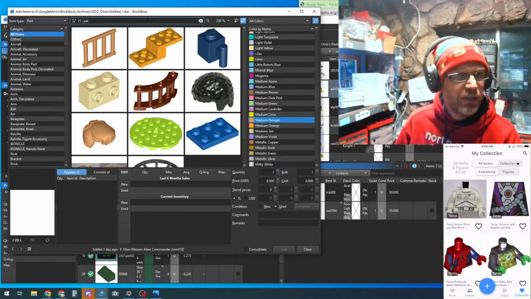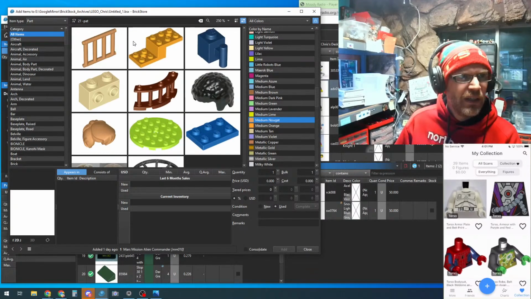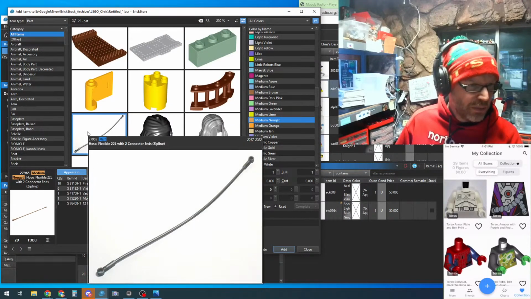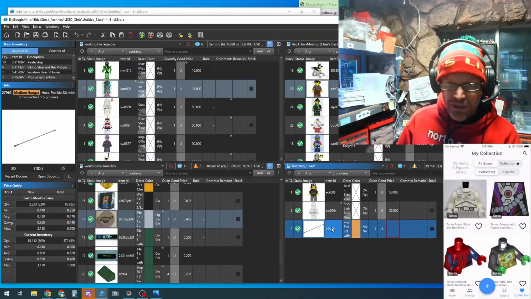So dash PAT, no pattern. And I've got color lock on medium nougat. That didn't work. What about 22? There it is. So this is called a flexible hose. Maybe I should have known that. All right. So I put it into this untitled spot here, but I think I'm going to put it into